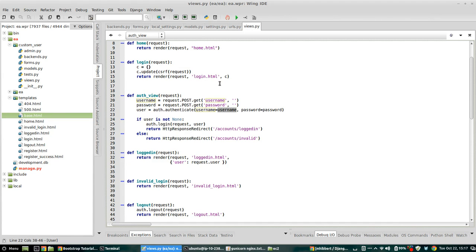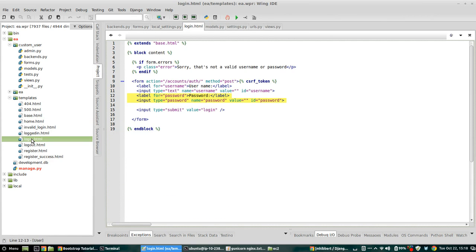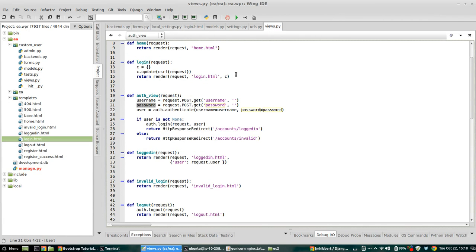In our auth view, we've got the username and password, which are pulled in from the HTML. And if we look in the login, we've got username and password as the names of our fields within the form. That doesn't necessarily mean that's actually what they are, because obviously we know we're authenticating off the email address. However, to make this more generic, so that we can swap things in and out very easily,